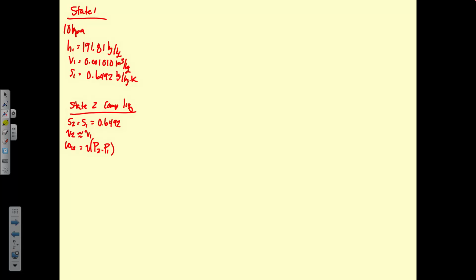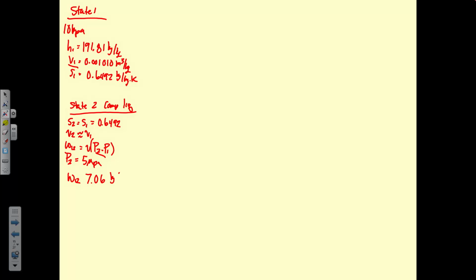And P2 is 7 megapascals. So this work from 1 to 2, if we take specific volume 1, multiply by P2 minus P1, we calculate that to be